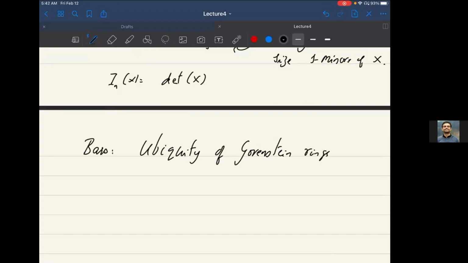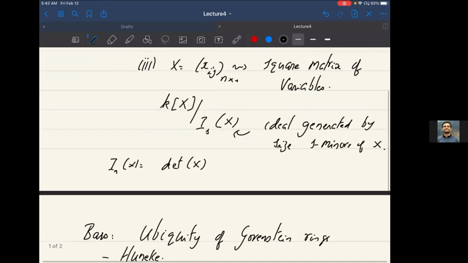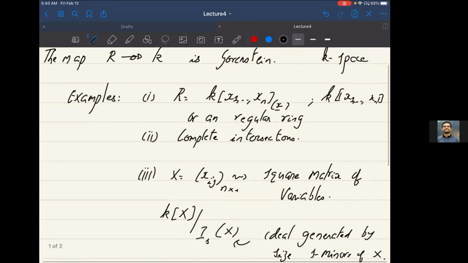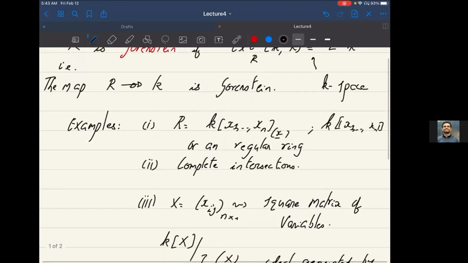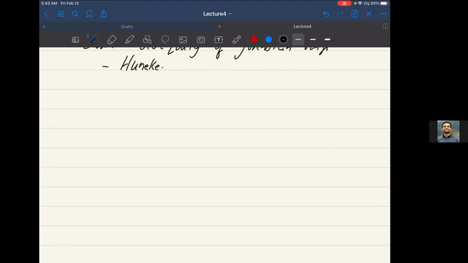This is from the 60s, and there's a more recent paper by Craig Huneke, which talks about some of the subsequent developments about Gorenstein rings. You might take a look at that. Okay, so this is just by way of saying that Gorenstein rings show up all over local algebra and algebraic geometry. And one reason for their interest is their connection to duality.